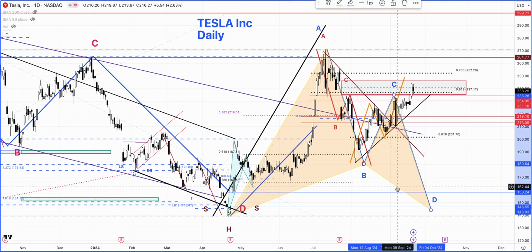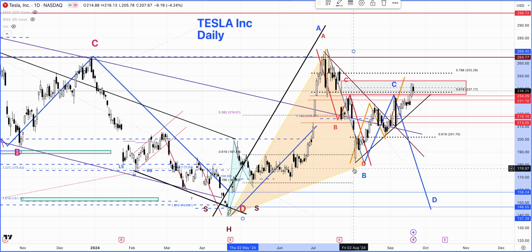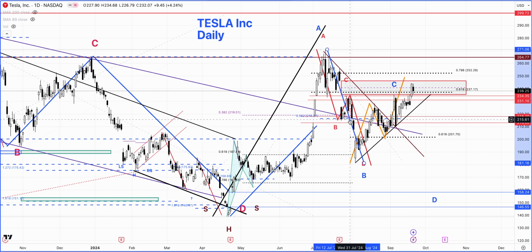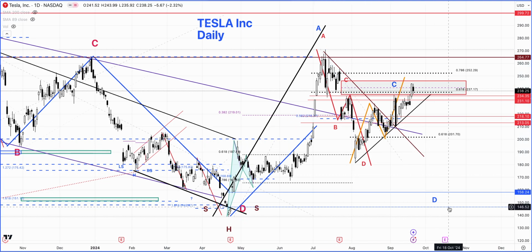I'm going to remove this here. Oops, let's remove something else. Here we go. And I'm going to remove all of this right now. I hope it's not too early to remove it, but the reason I decided to do this is because what Tesla did is, this orange ABCD we were discussing had a nice breakout on the 19th of September, then an inside day. So it looks like it's going to go and complete this ABCD around 248, maybe a little bit higher,